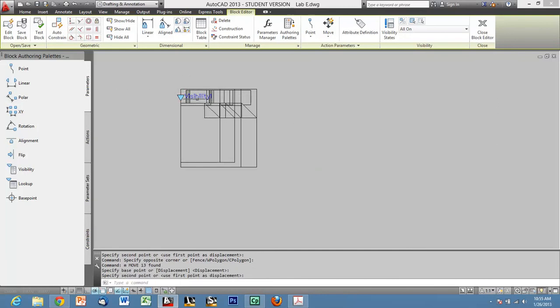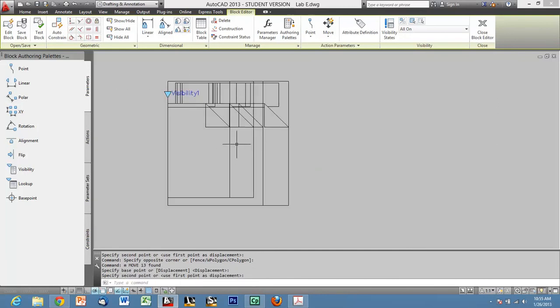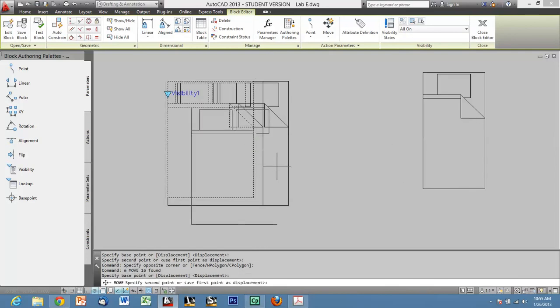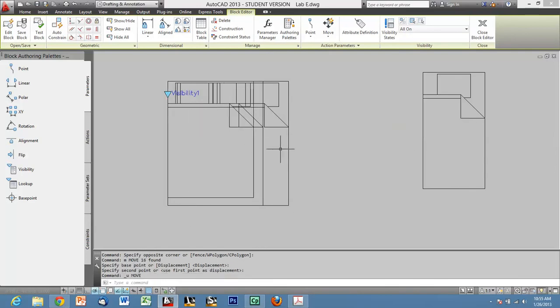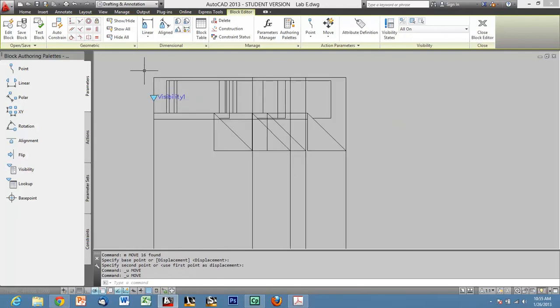And the nice thing about having these grouped is if you accidentally get one in the wrong spot, you can just take it and move it over, and all the lines come with it. So I can easily take these all back apart if I've grouped them. So now you can see I've got them all stacked up based on this reference point right here. And if I go back into my test block,